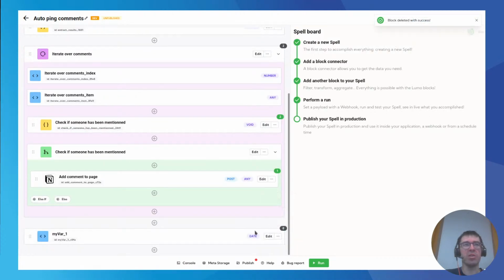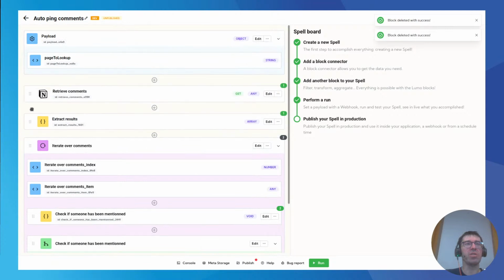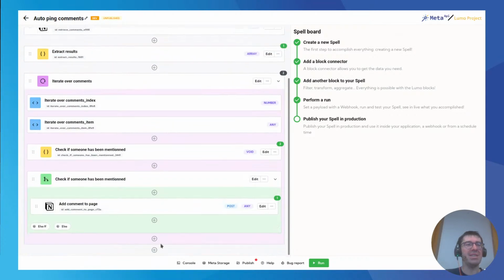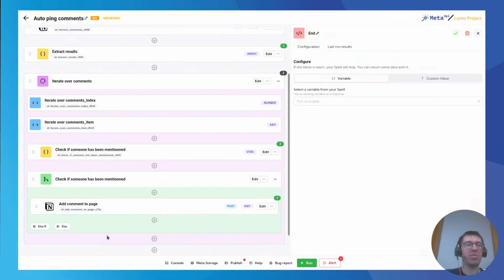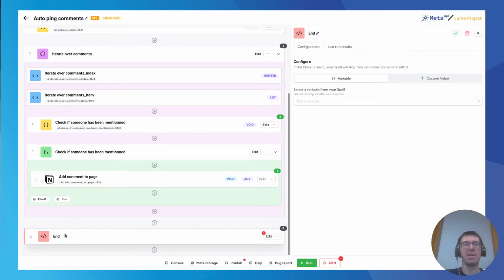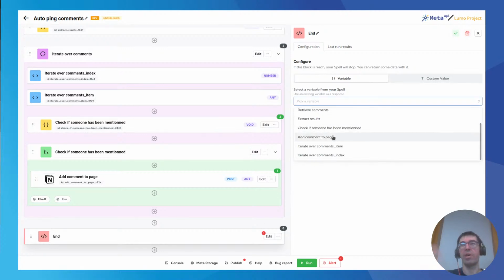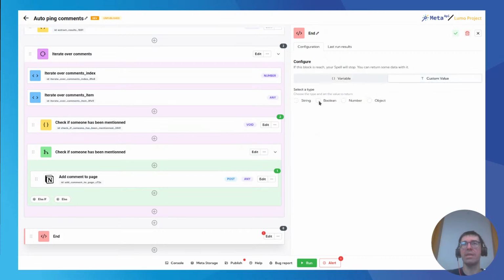Let me remove this block. Also, you can drag and drop the blocks if you want to reorder them inside the spell, but you have also an end block to say to stop the execution. For example, if you want inside a loop, you are looking for a value and say, okay, I found the value, I want to stop all my execution. So you can use this block to say, hey, this is a variable. You can return a variable, or you can create your own object or anything you want